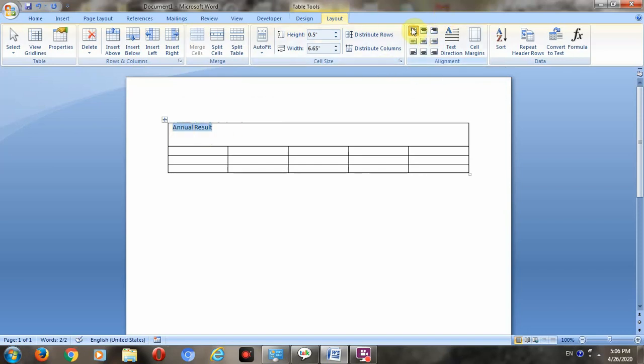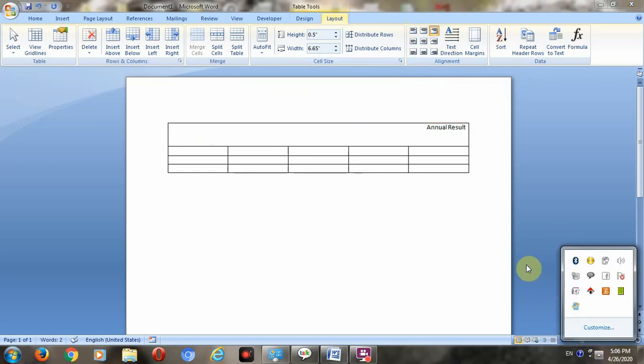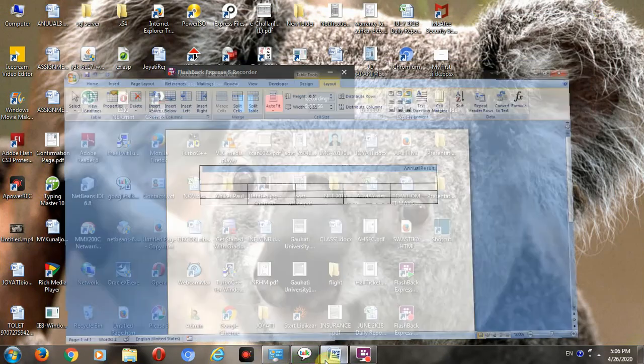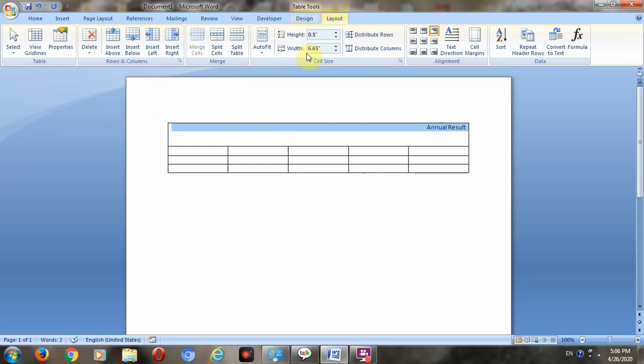See, this is the first alignment, alignment top left. Next is alignment top center, it will display in the center mode. Then alignment top right.